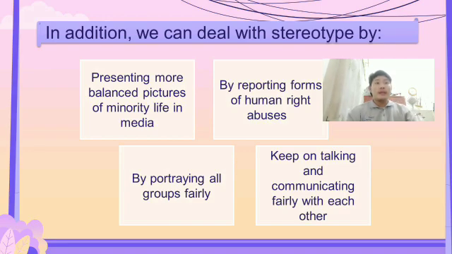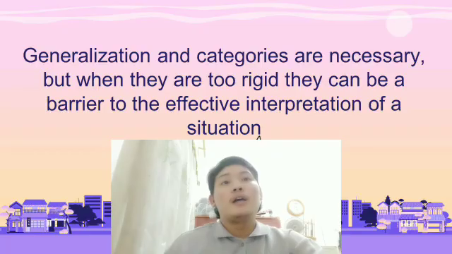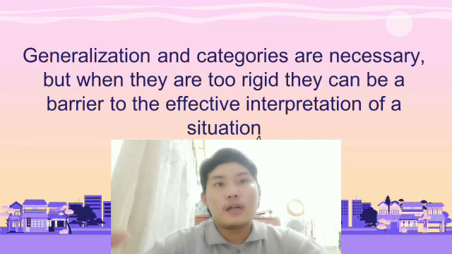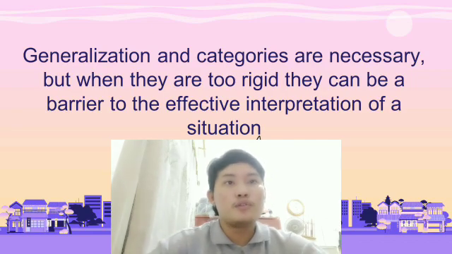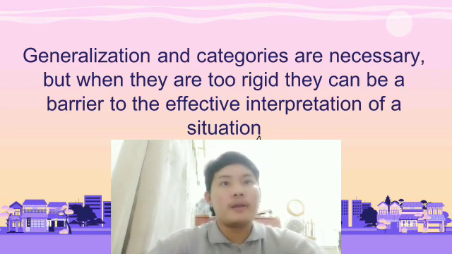In addition, we can deal with stereotypes by presenting a more balanced picture of minority life in media, by reporting forms of human rights abuse, by portraying all groups fairly, and the last is to keep on talking and communicating fairly with each other. Generalizations and categories are necessary, but when they are too rigid, they can be a barrier to effective